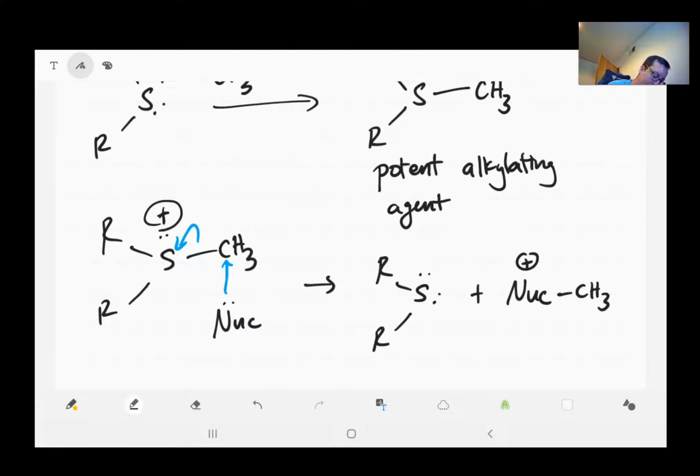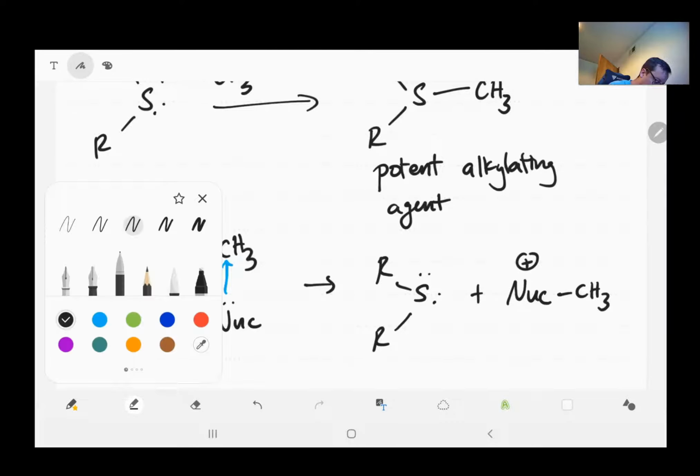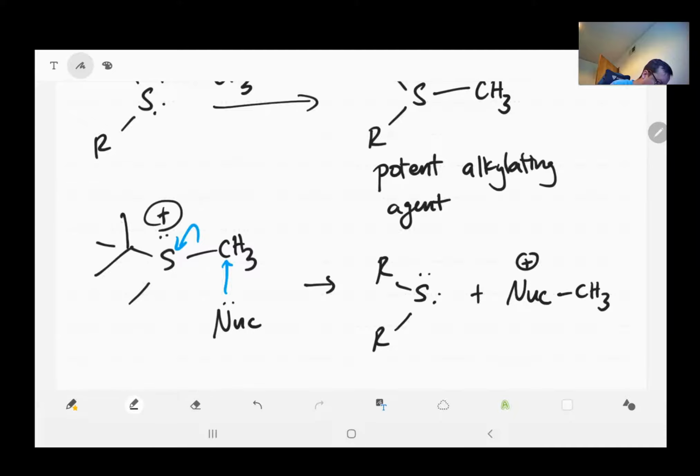Well, so let's say these are... I'm going to make it real obvious. I'm going to put some t-butyls on this dude. Steric? Yes. So that sulfur would be tertiary, right? Depending on what we have on it. Indeed, if we did have H's on the sulfur, yeah, the sulfur probably would be attacked. But we'll say the R groups are not H's. And so that sulfur there, once it's tertiary like that, is most likely not going to be able to be